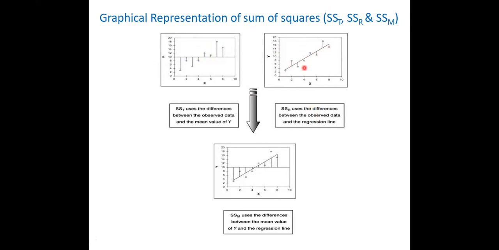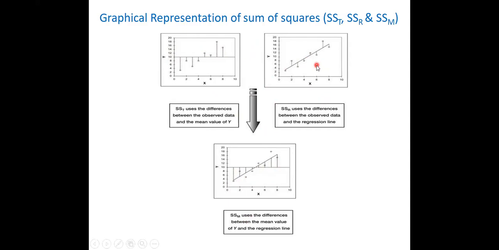So how do you now know the one that has been explained? You just remove what cannot be explained from the total. By just overlapping these graphs, the difference in the two is the variability that can be explained, which is the sum of square model. Now, the F ratio is what can be explained divided by what cannot be explained. Can you see that? What can be explained, which is the sum of square model, divided by the residual,